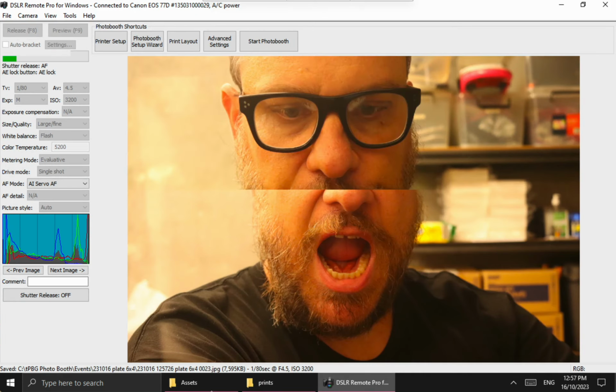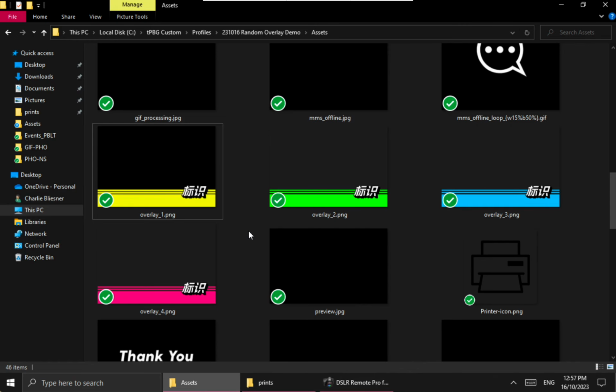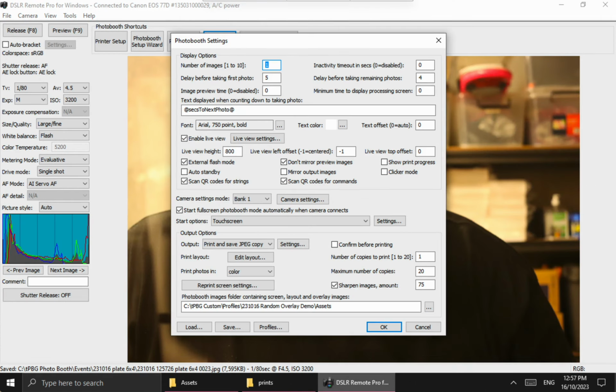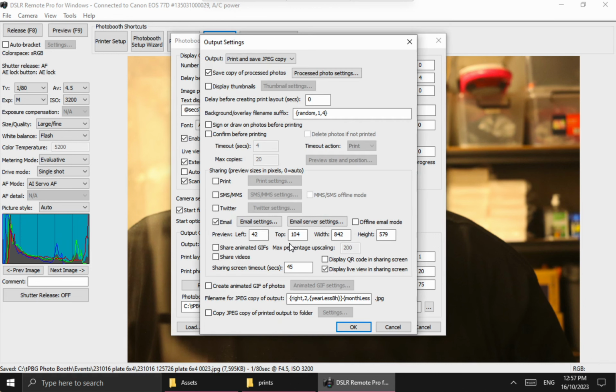And then we want to jump across to our asset folder, where we keep all our screens and print designs. Normally in Breeze, we would just have the one overlay file called overlay.png. But in this case, we now have 4 of them, each one a different color, and they've been named overlay_1 through to 4 accordingly. Then back in Breeze, if we go into our advanced settings, and then down to output,